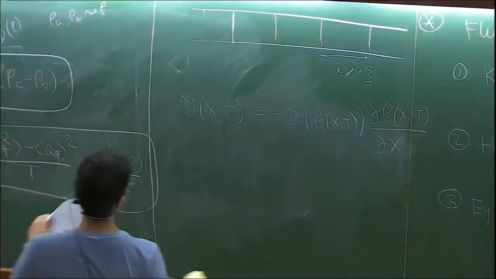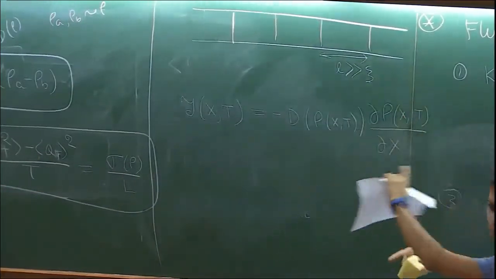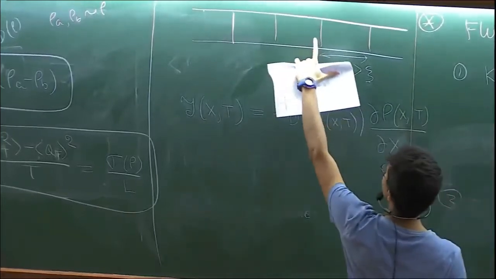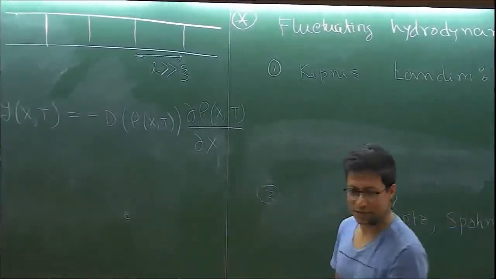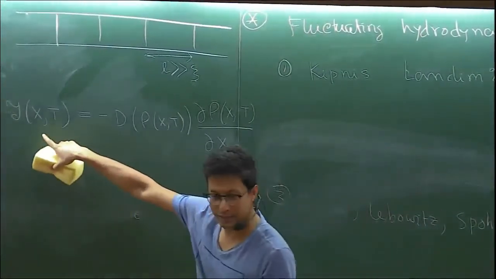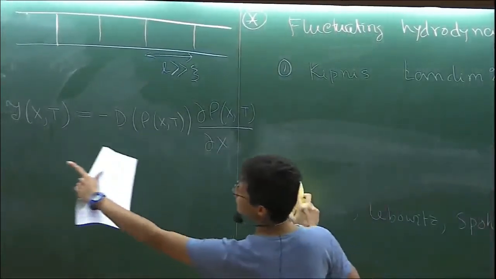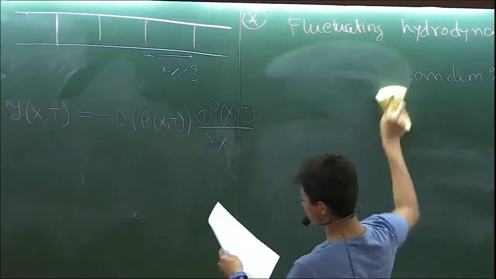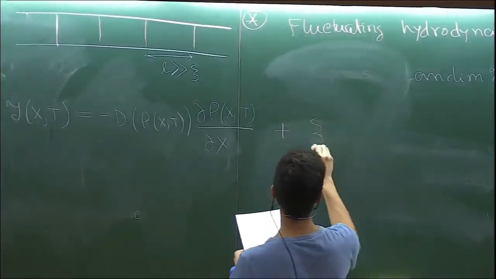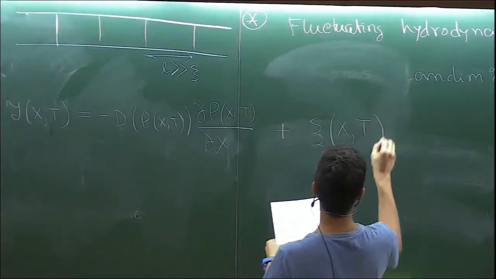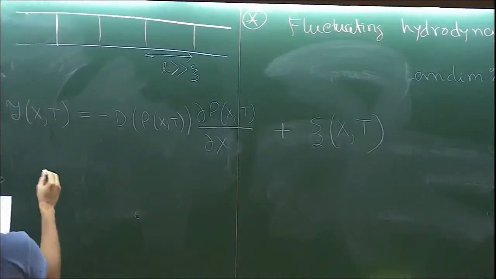So this is just roughly saying that if I consider this box, then the net flow that's passing through would just be the difference between the density in this box and this box. When I'm writing this, I'm always keeping in mind that I'm not looking at the fast variations of this current. I'm looking at the slow part of this current. The other part is the fluctuations. The fluctuation part is right at x of t. And this I could infer from here. And the claim is,